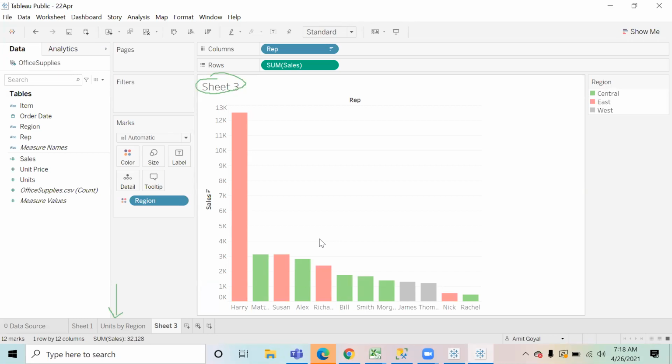So please, all of you try this. Same way, try to drag the same thing on the tooltip and on the label.